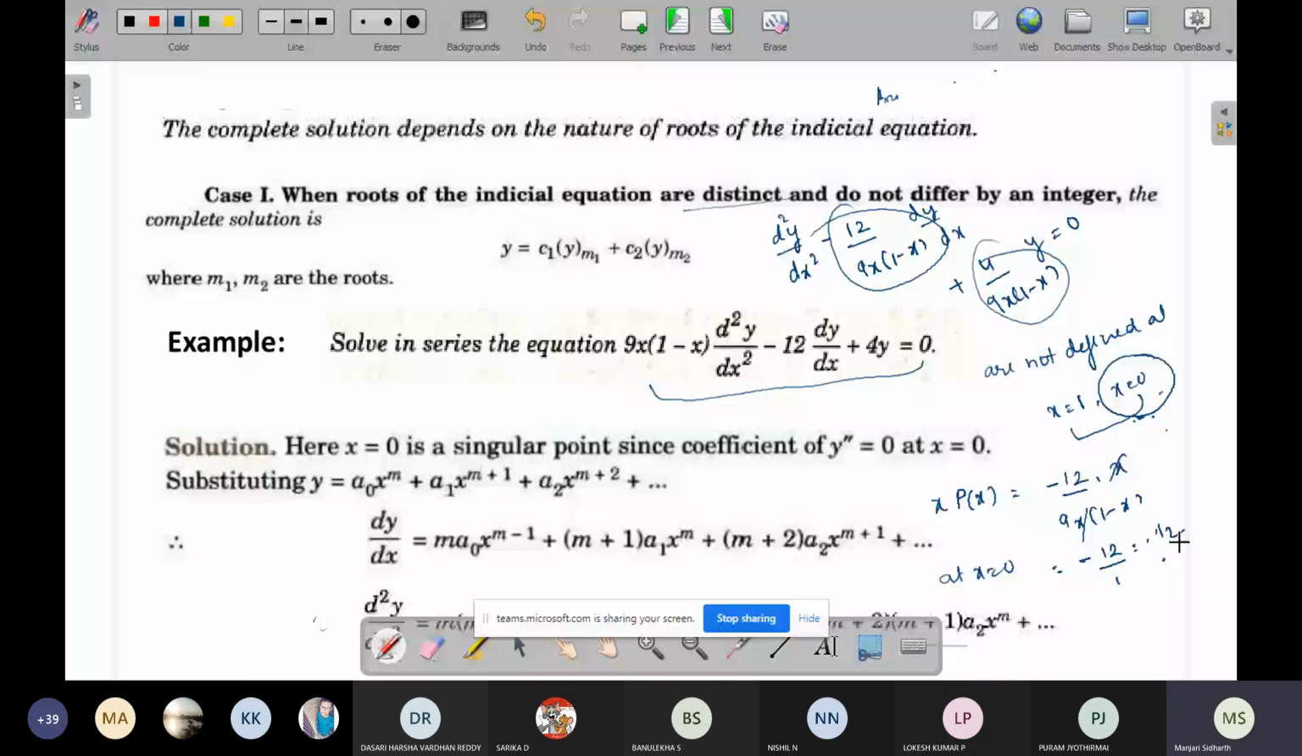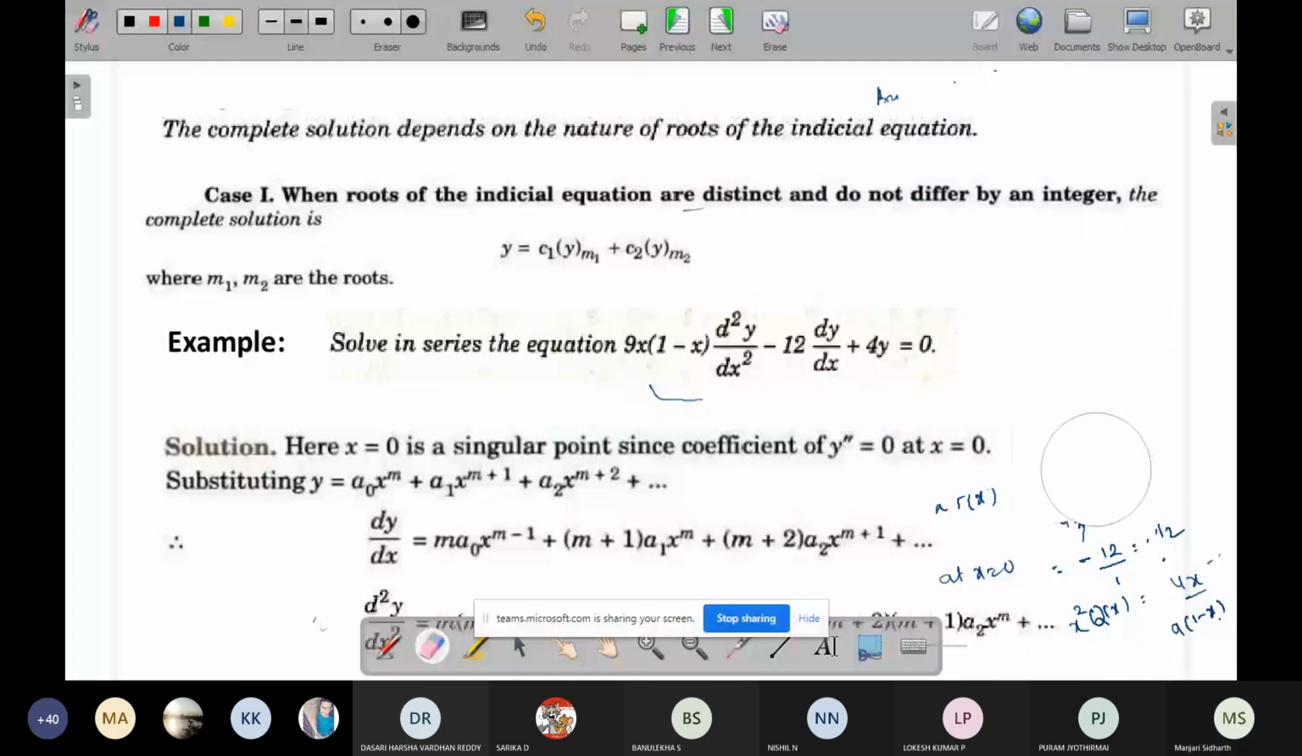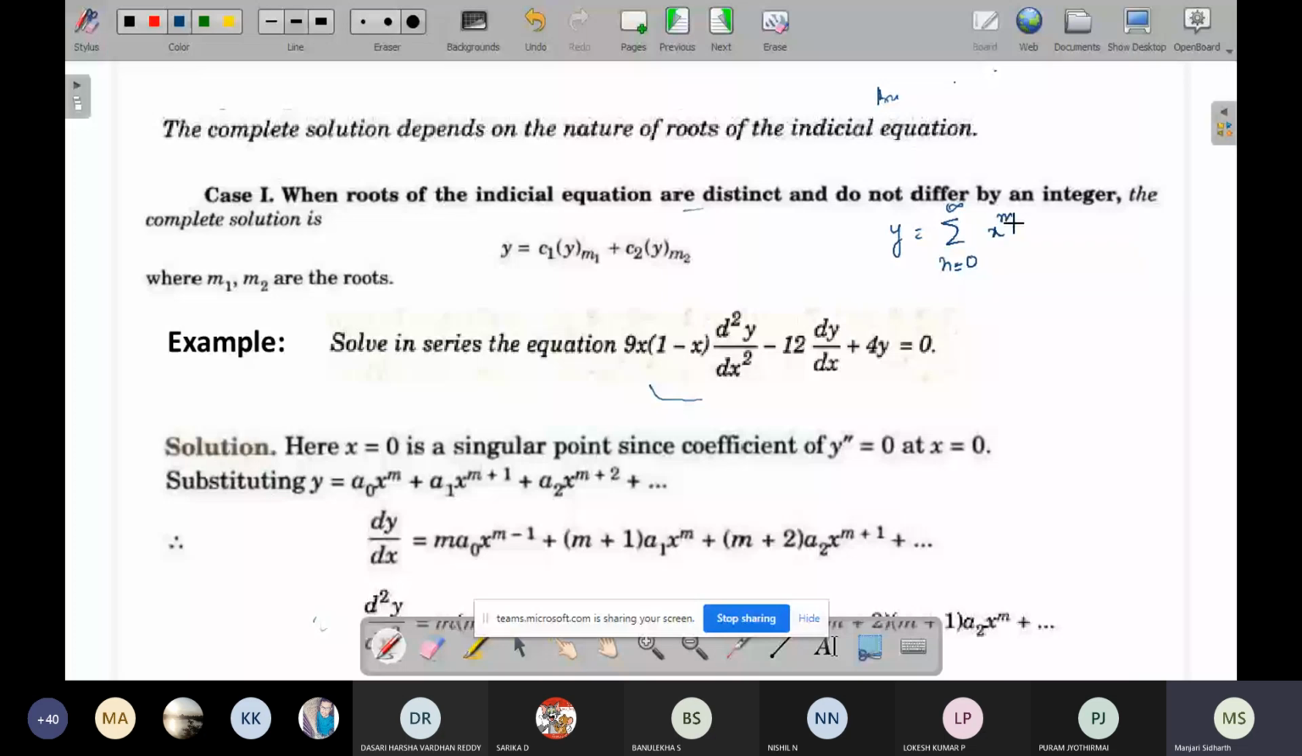Now check the other factor, x squared Q(x). You will get 4x over 9(1 minus x). At x equals 0, you will get 0, again a finite value. That means x equals 0 is a regular singular point. So we'll find the series solution around the regular singular point. We assume that y equals the sum from n equals 0 to infinity of a_n x to the power m plus n